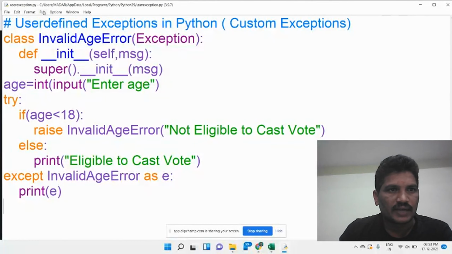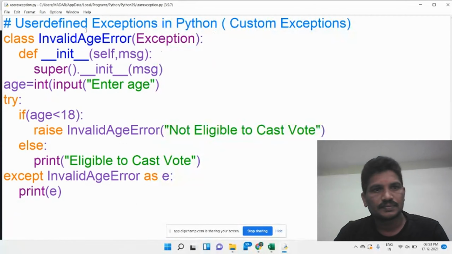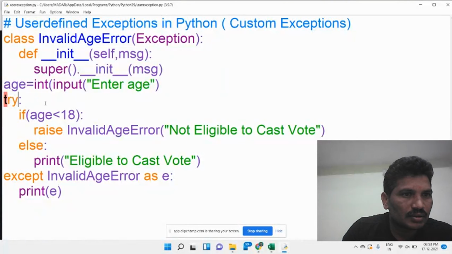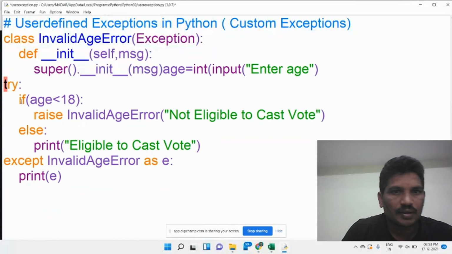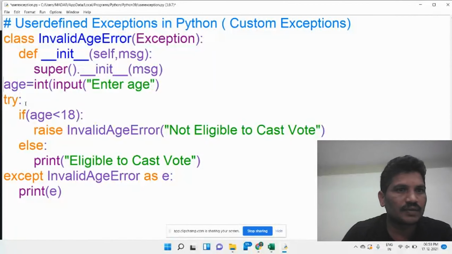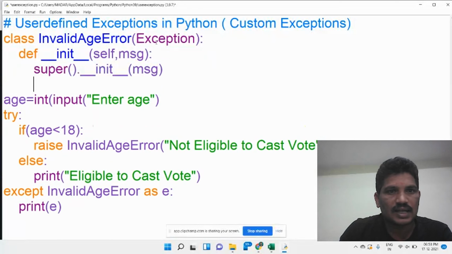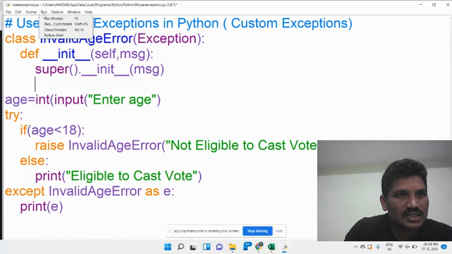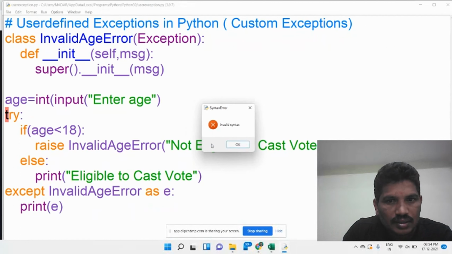Then I would like to run this module. If an indentation error has come, then I would like to check, the class is over, up to there the class is defined. Let me check which error we got.